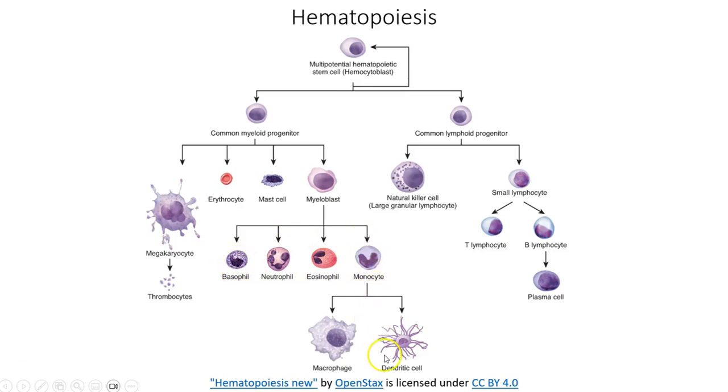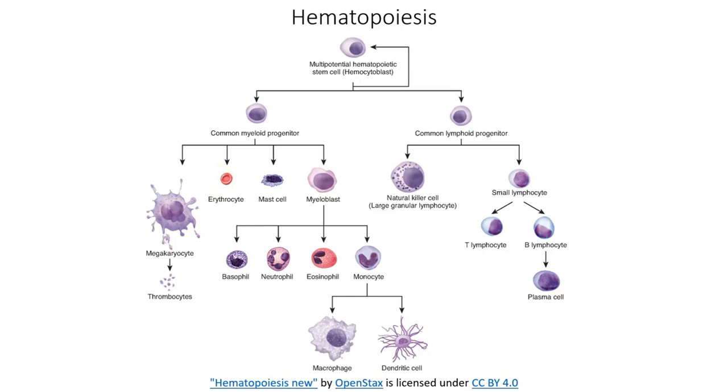And then we can, as you can see, kind of keep going further down in levels of specialization. So multipotent up here, and then we slowly signal those multipotent stem cells to continue further down one of these lines. The lymphoid cell line, we can get these natural killer cells, and then smaller lymphocytes, which are B and T lymphocytes, and plasma cells. We'll talk more about a lot of these white blood cells when we get to the immune system later in the semester. We'll talk about erythrocytes and platelets in the blood unit when we get there towards the middle of the semester. But this is how we get these levels of specialization.